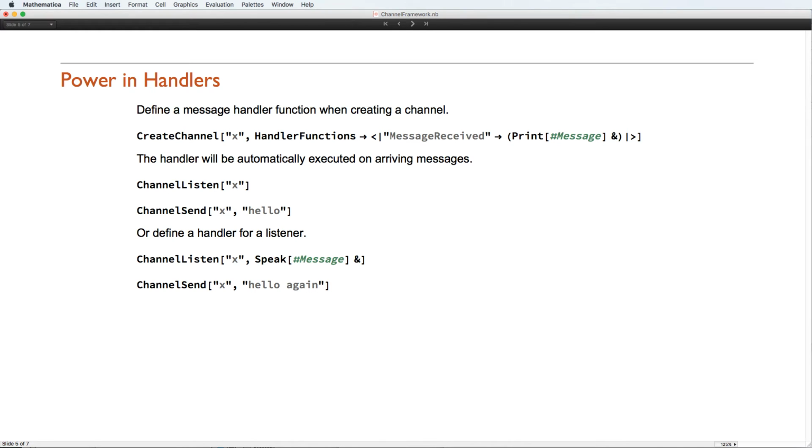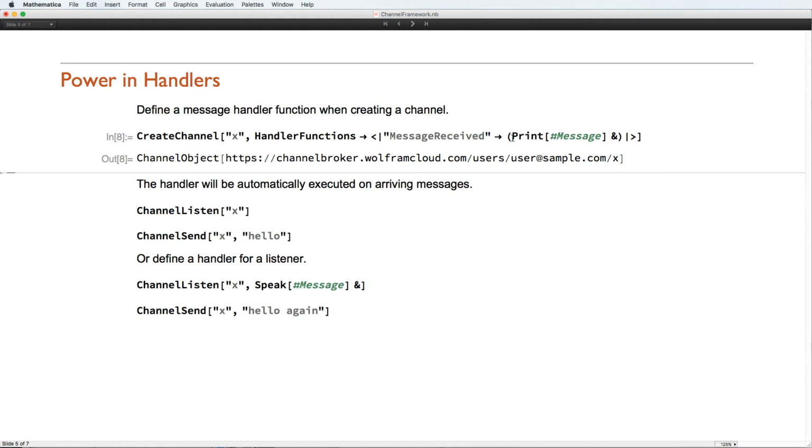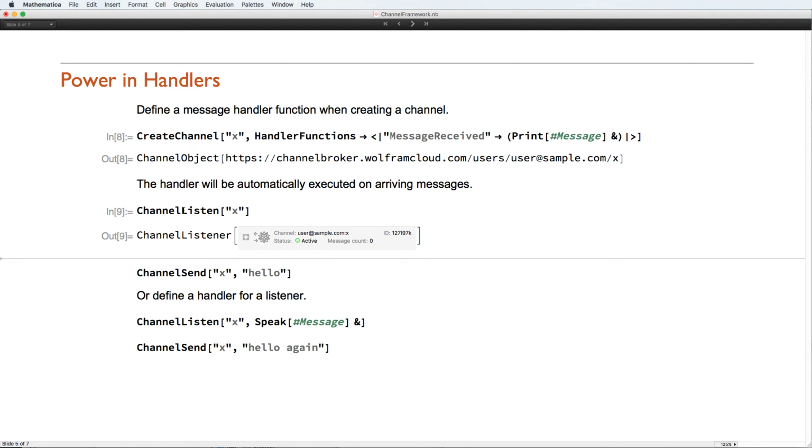Now, in my first example, the listener did nothing but accumulate data. That was the default listener handler. But you can also define your own handlers for messages. Here I create a channel that prints incoming messages to the messages window. And because the handler is already defined on a channel, I don't need to repeat it when starting a listener. When this listener started, it queried the server, got the handler, and now knows what to do with messages it receives. I'm sending hello to the channel,